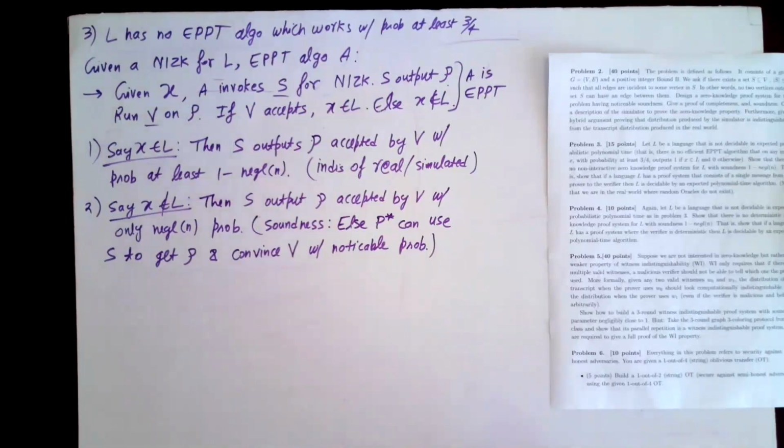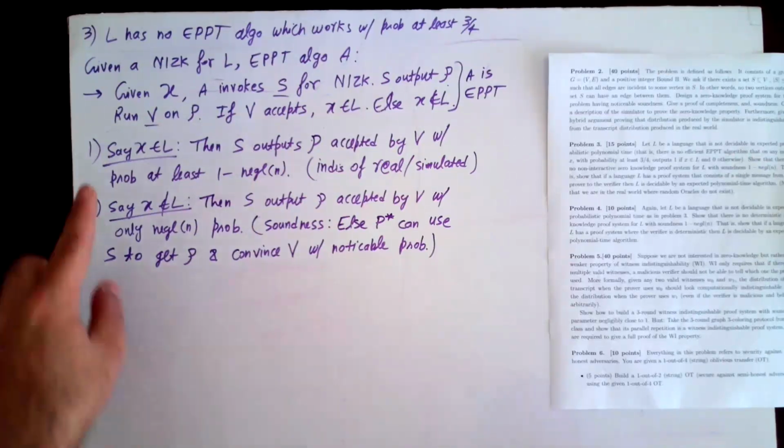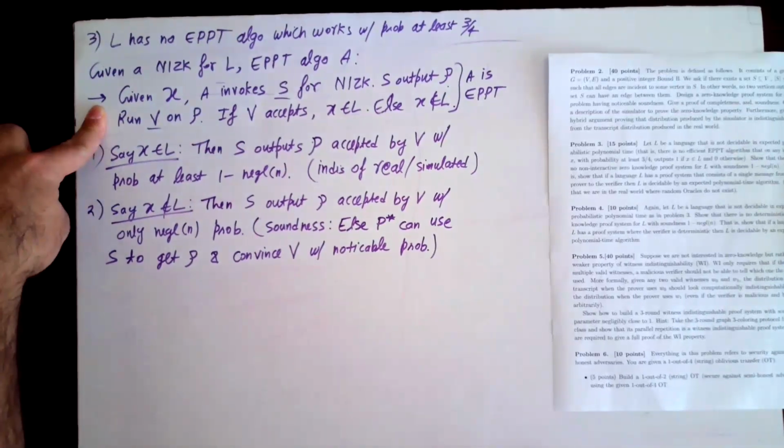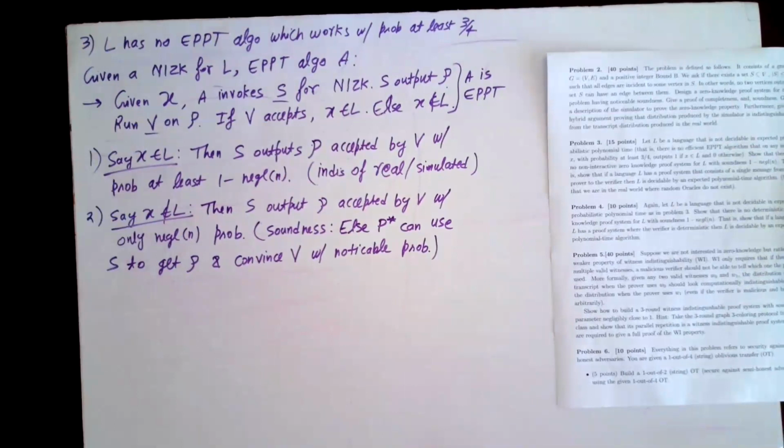Sir, what is the importance of the last step in the algorithm that you wrote? Why do we need to run V again? Basically we run V on the proof message, right? Oh, you mean this? Yes. Basically, I'm trying to say that the last round of the simulator with V, with which it generates the transcript, is the same as running V on P again, because even if X does not belong to L, the simulator also cannot do anything because it is a NIZK system.